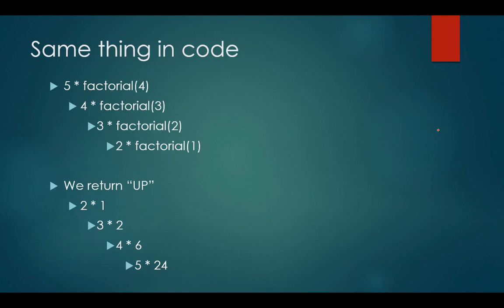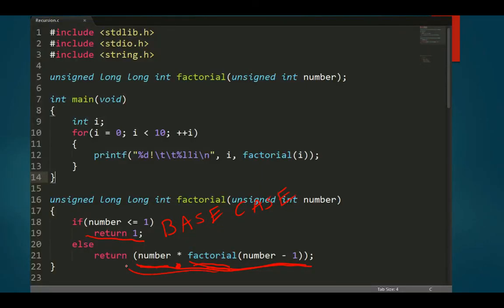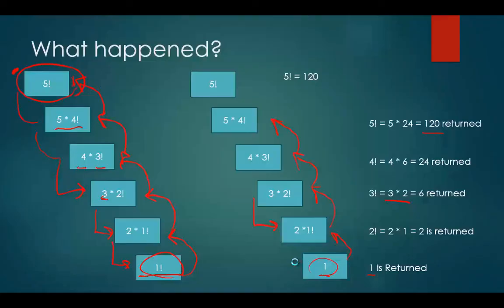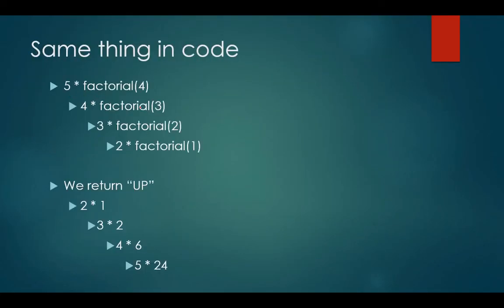Okay, and this is kind of my attempt to depict this in code. If we were looking at just that one block, bear with me here, if we were just looking at this function call, that section of code here, this is what it would look like. When we start with 5 factorial,